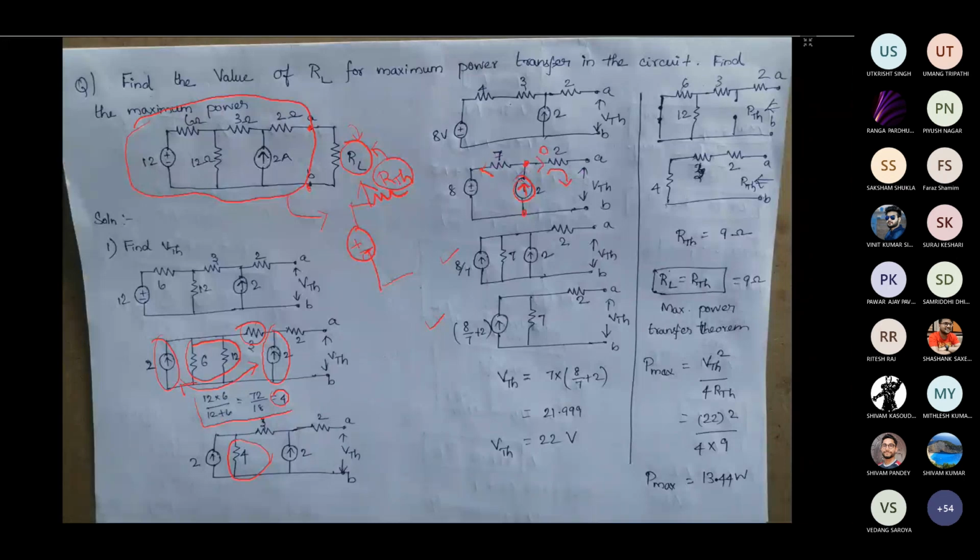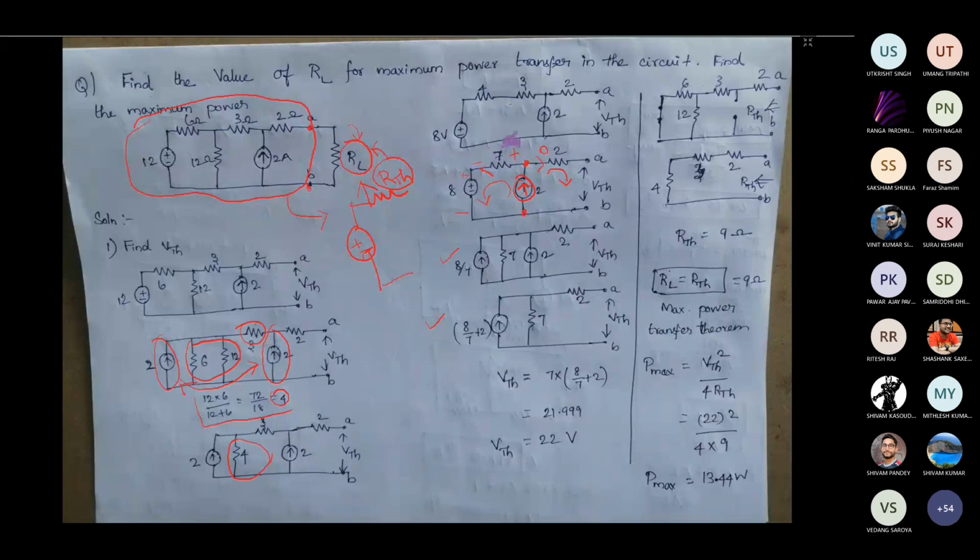Why should it be passing through that path? Because there is no other way for the current to flow. So the current through the current source cannot be changed. So the complete current should be flowing through this path. So if you apply KVL for this path,